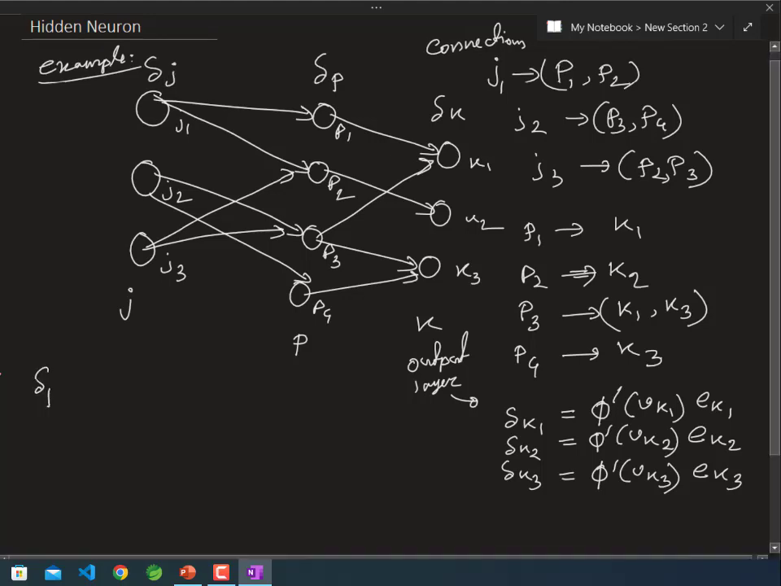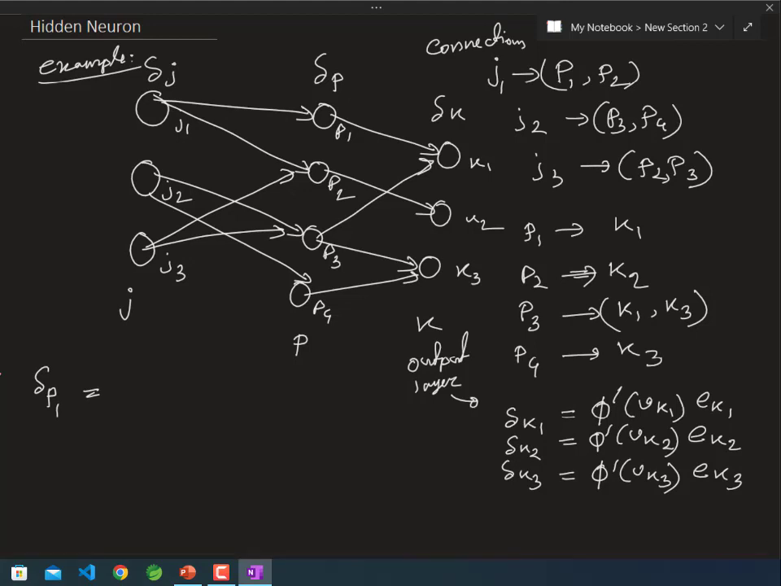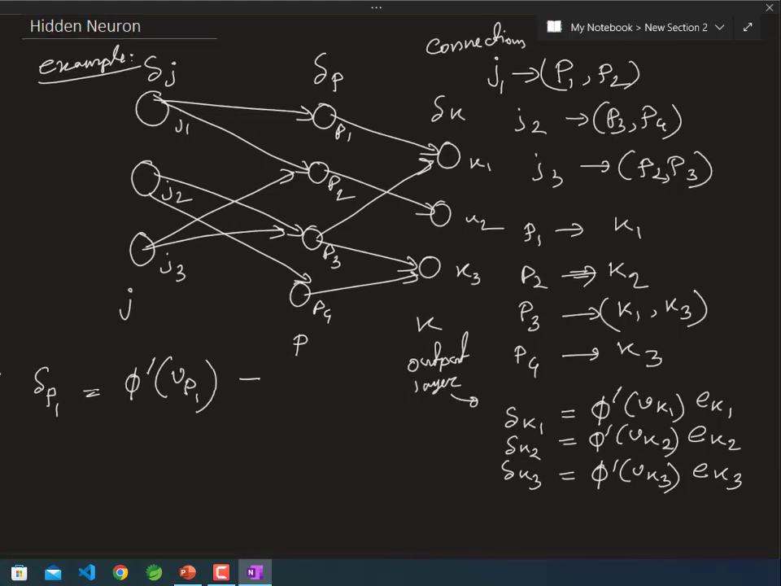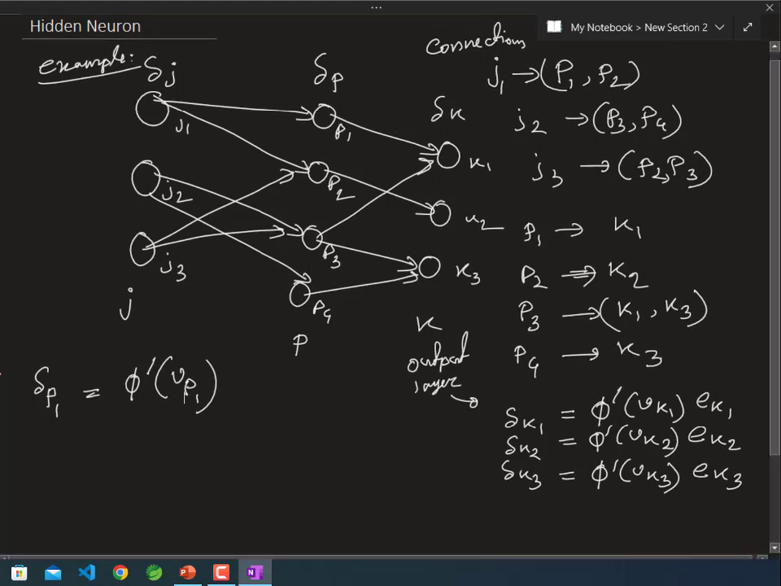So let's compute the delta P1 first. The delta P1 is very easy. It is directly connected with K1. So delta P1 is computed as phi prime, the derivative of the activation function of the induced field V P1 that is currently being computed in the P1 cell. It is being multiplied because it's only connected with K1, so we can avoid the summation sign and rewrite it as delta